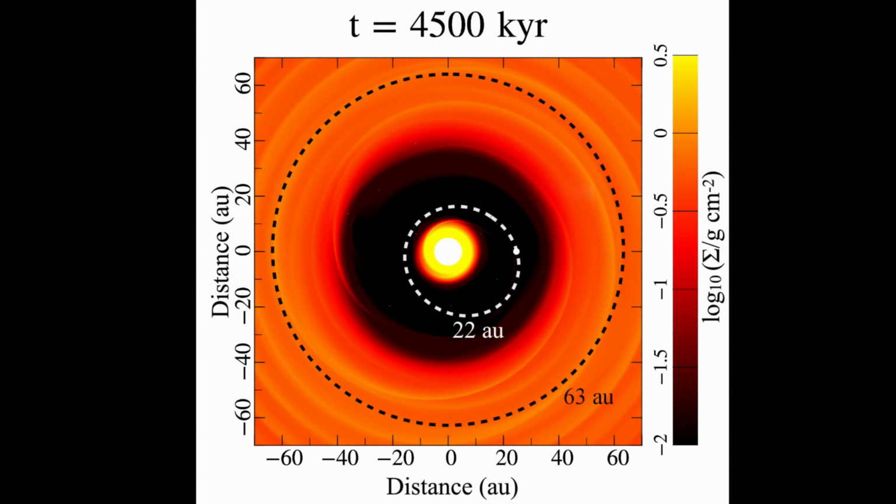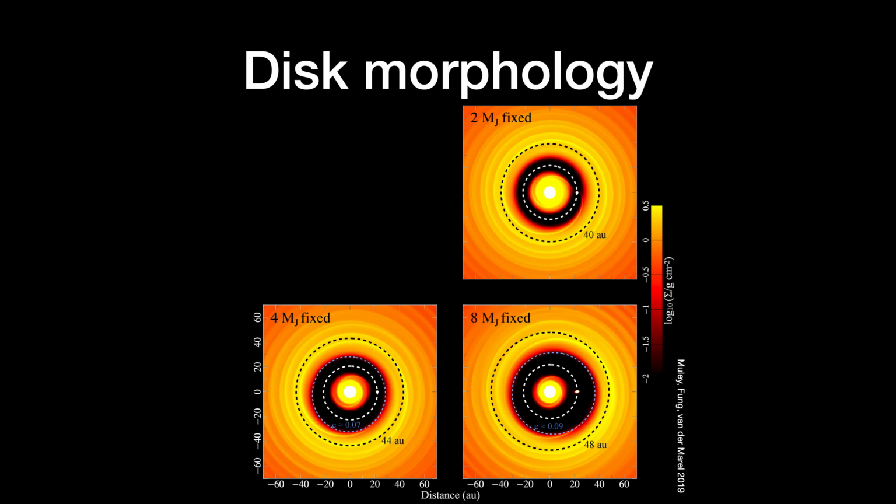A planet pretty close in, a pretty wide gap in gas, a pressure maximum, which would create a dust ring around 63 AU. So how does this stack up compared to a fixed planet run, for instance? That planet that I just showed in the fiducial run capped out around 4 Jupiter masses for reference. But if you test a fixed planet with, say, 2 Jupiter masses, 4 Jupiter masses, or 8 Jupiter masses, you